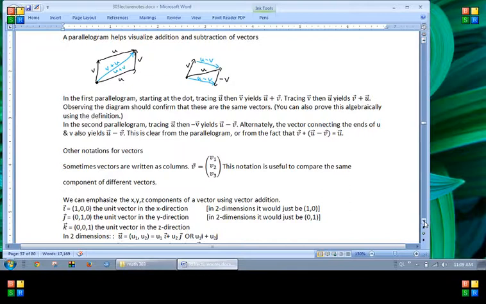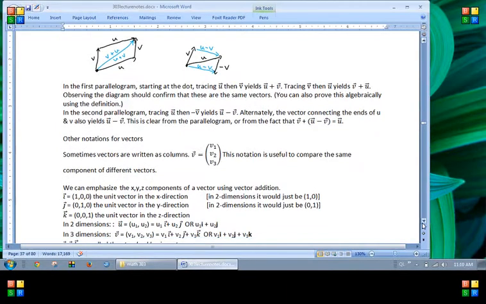So you could say that the i vector is an identity vector for x, right? Okay. So that's in 2 dimensions. And then in 3 dimensions, it would look like this. If you have the vector v1, v2, v3, then that would just be v1 times the vector i plus v2 times the vector j plus v3 times the vector k. That just means v1 units in the x direction, v2 units in the y direction, v3 units in the z direction. Okay. So notice that in this sense, v1, v2, v3 are telling you magnitudes, and i, j, k are